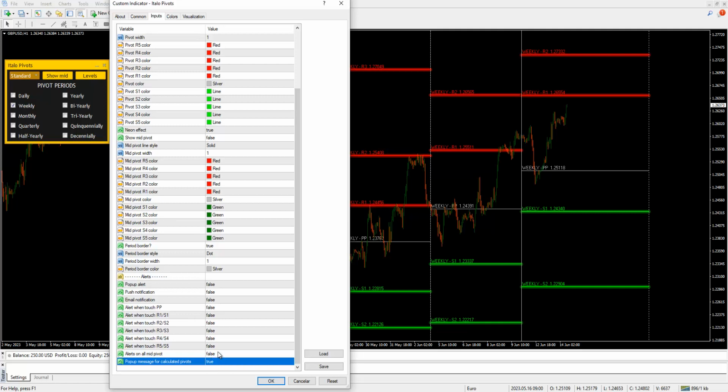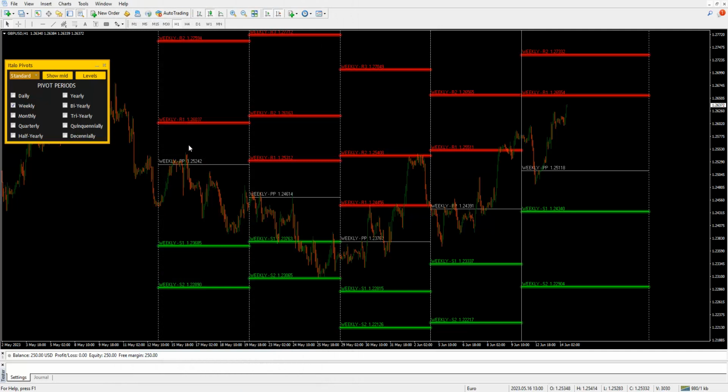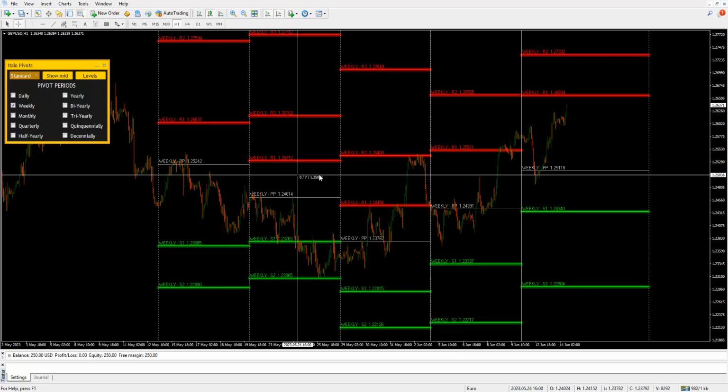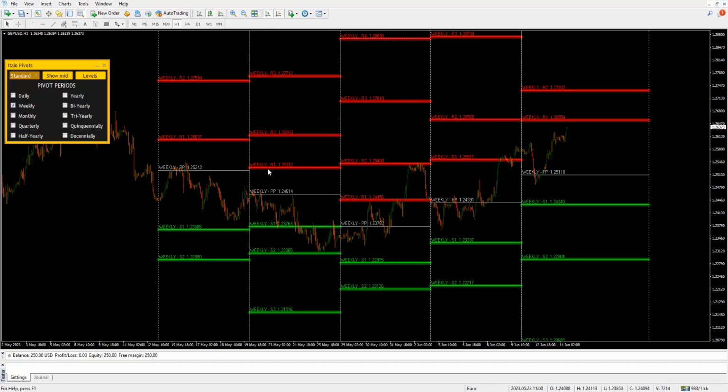This pop-up message for calculated pivots, I recommend you to put true. Why? Because sometimes your MetaTrader doesn't have enough history data to calculate mathematically the pivots. And when this happens, the indicator will pop up here telling you that you don't have enough data. And then when this message appears to you, you can go on charts,